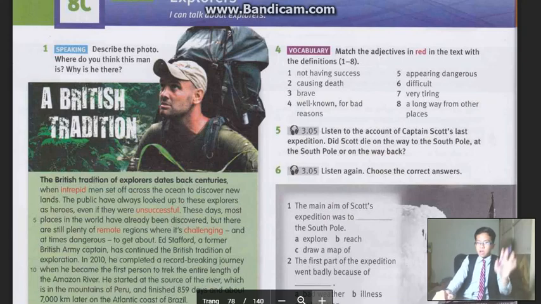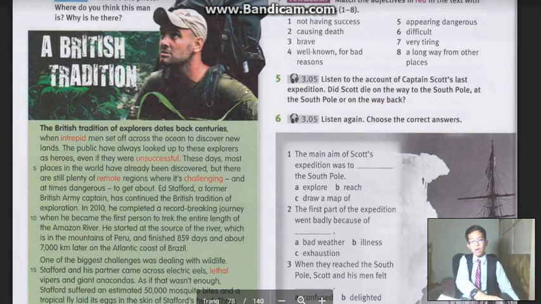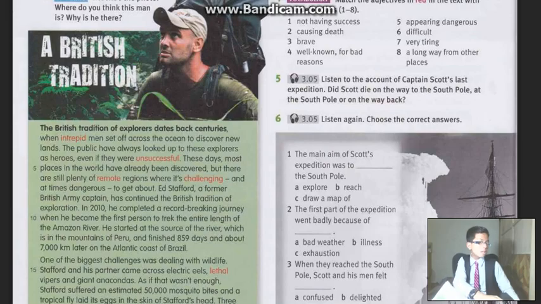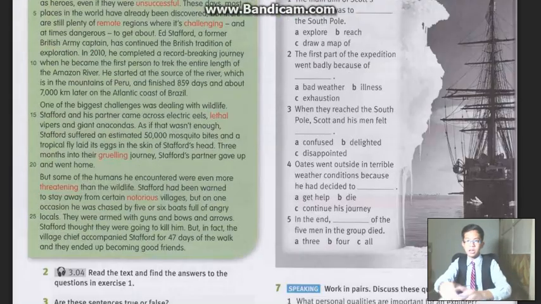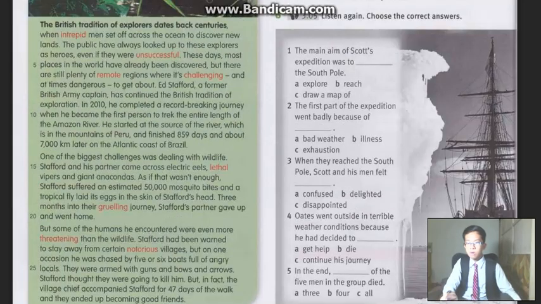So we have guessed the explanation for that photo right over there. And to check if the answer is correct, let's read the text about a British tradition. What is it? Is it going away from your mom's house? I'm not sure. Let's read it. A British tradition. Okay. Scroll up.